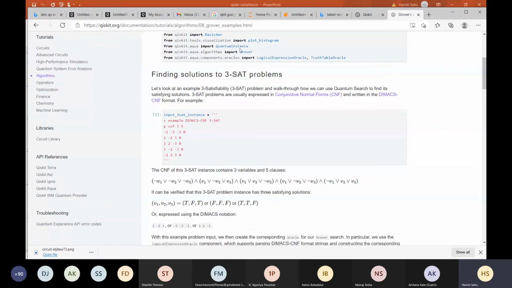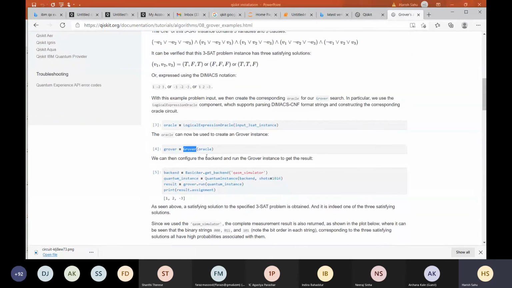Someone has done a generalized implementation of Grover, and has implemented the logic of how to design the Oracle depending upon the formula. But the condition is that the formula should be in this Dimacs CNF format. Then only will it be able to do that. So we did this, we call this instance of Grover, and these parameters you can fix and get the result. So what is the result we are getting?